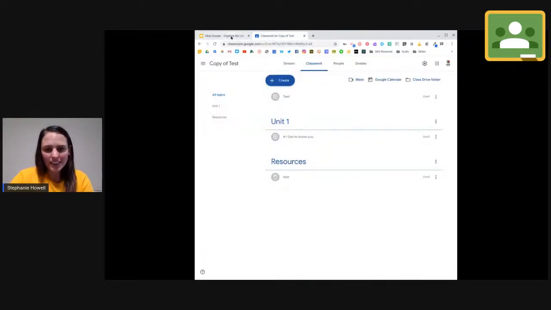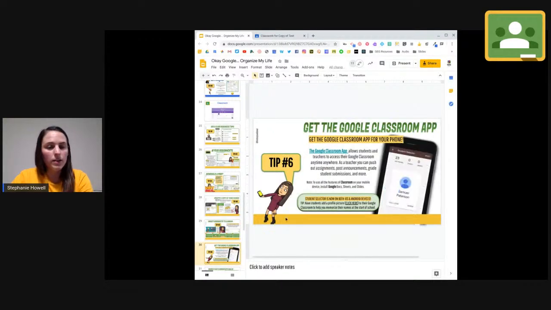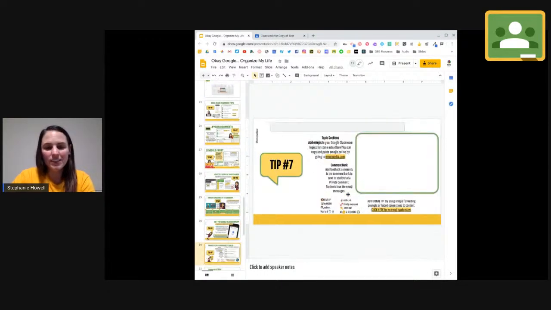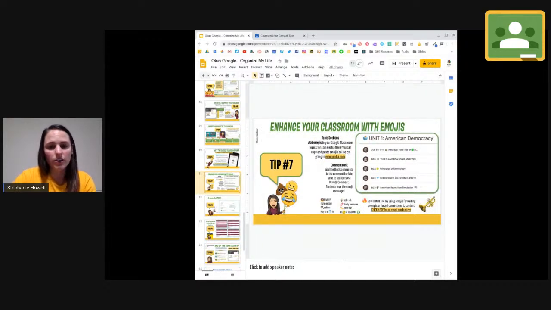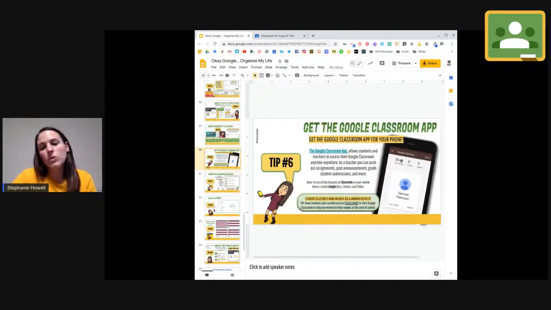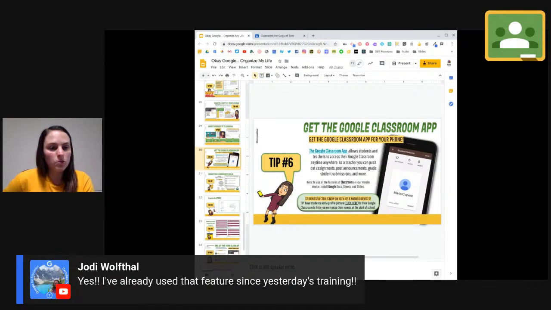The next tip after Screencastify is having the mobile app on your phone. Make sure you do turn it off at a certain time so you can keep that digital wellness. I know I really struggle in that area, but this will help you with different things. Instead of sitting there waiting for students to be called on, you can use the app, and it will allow you to do the student selector. So then you can pick random students on who you want to check in on or who you want to call. You can also use this for social emotional check-ins.